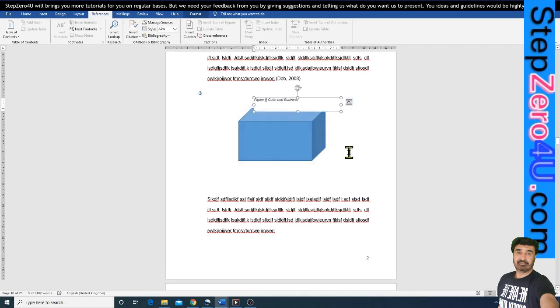So we have generated a caption for the figure.